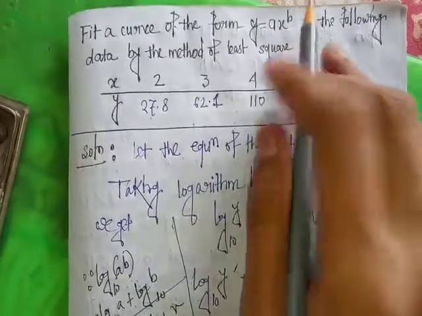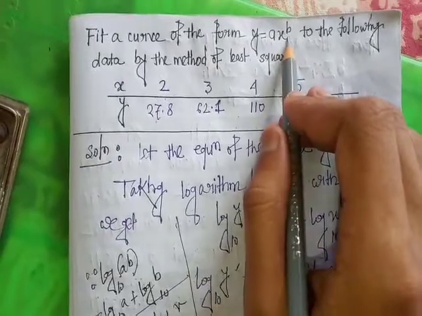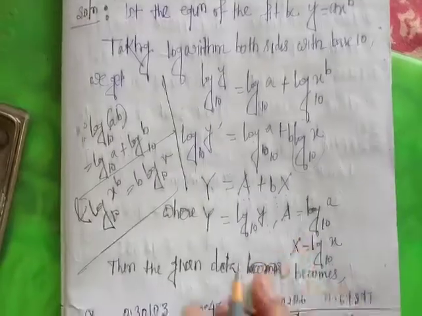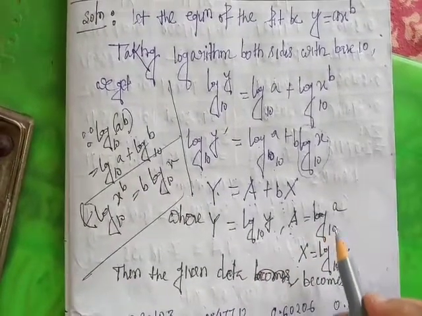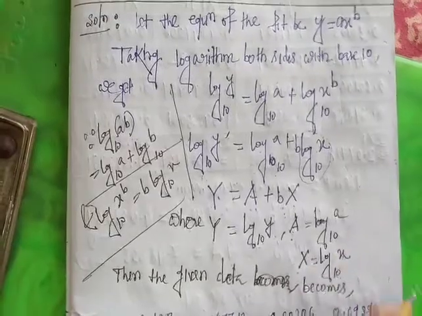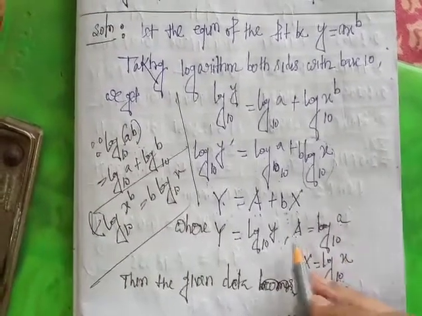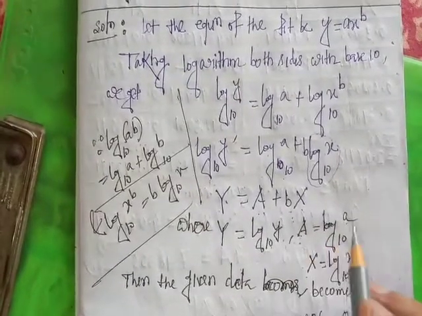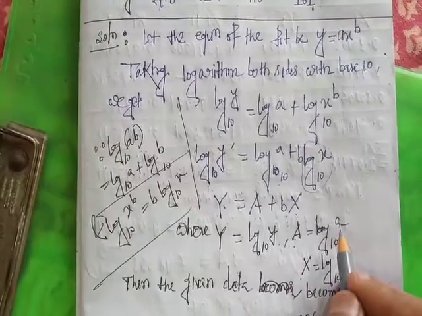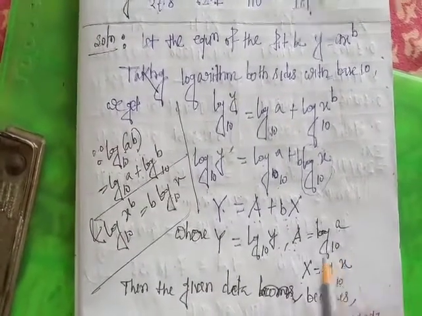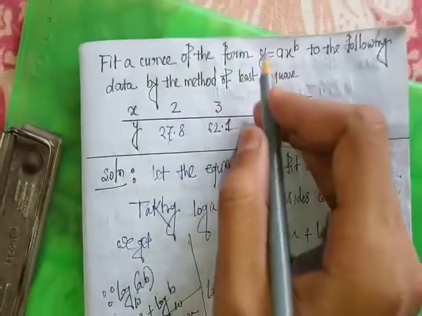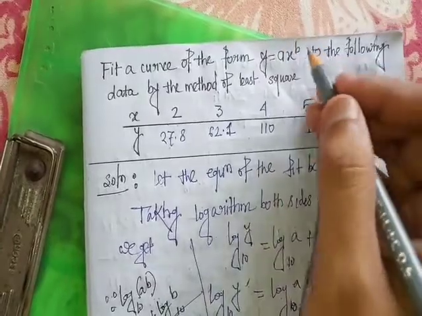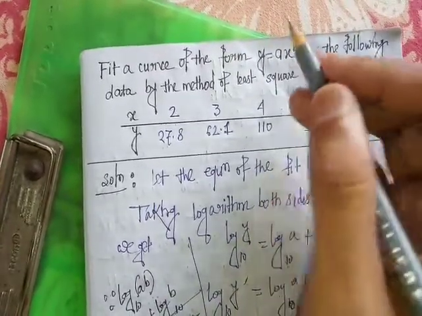So we get the value of small b, but for finding the value of small a, the relation between small a and capital A is capital A equal to log a base 10. So small a equal to 10 to the power capital A. Since the question is y equal to a x to the power small b, we already calculated the value of small b. For finding the value of small a,